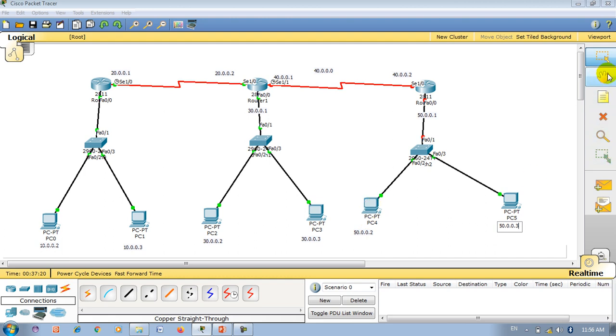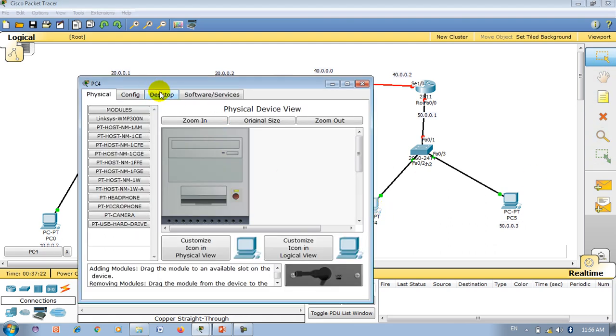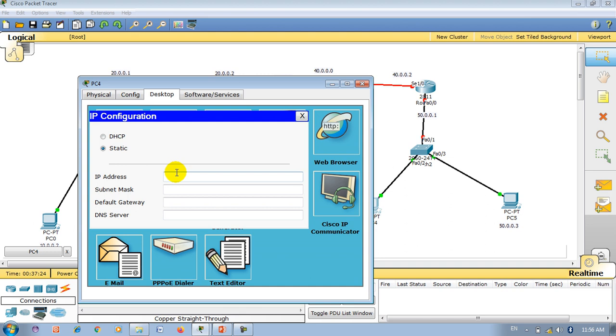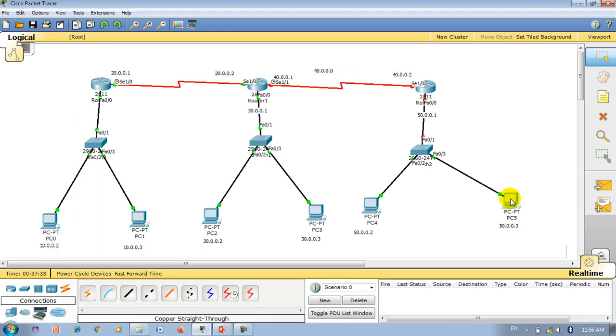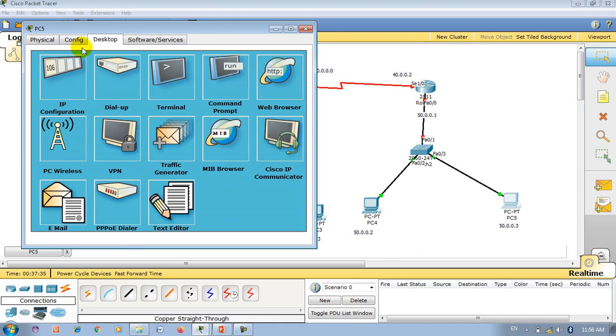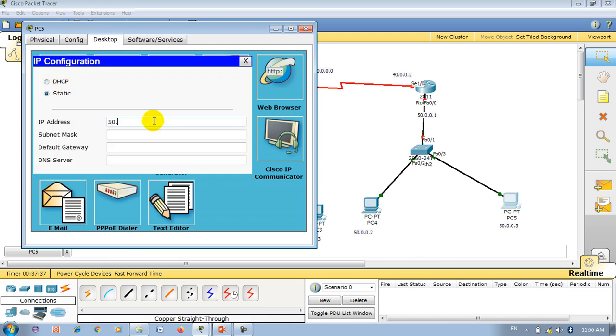Let me first give the IP address to each and every PC. So 50.0.0.2, then default gateway 50.0.0.1. Here again 50.0.0.3, then 50.0.0.1.